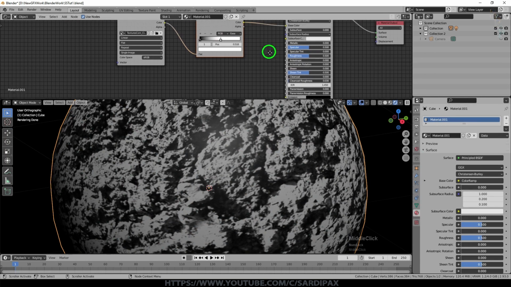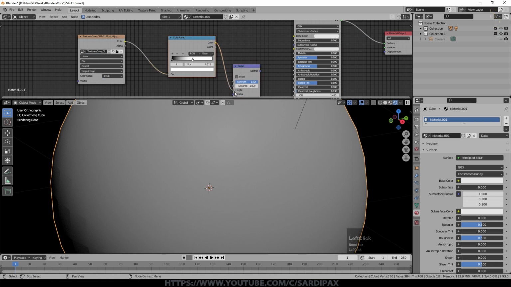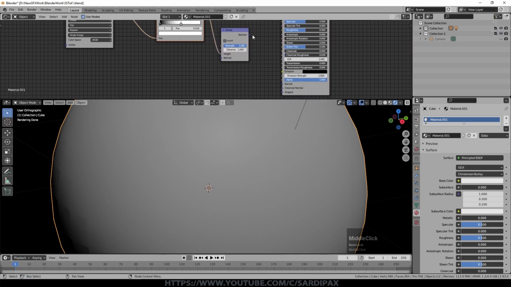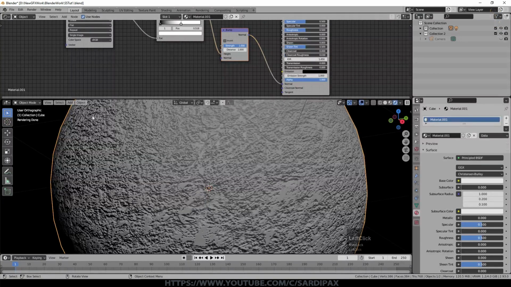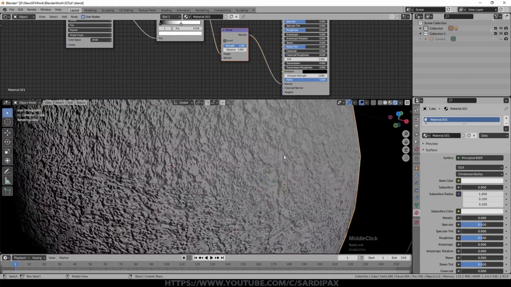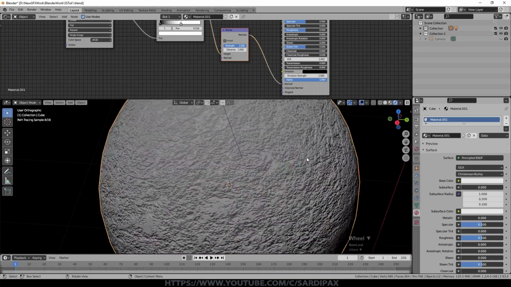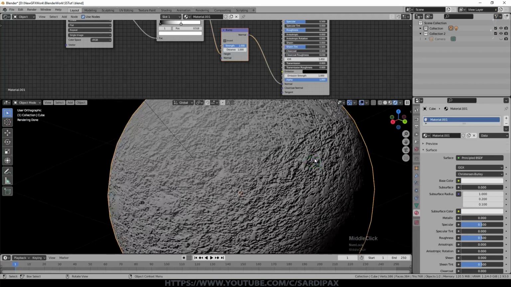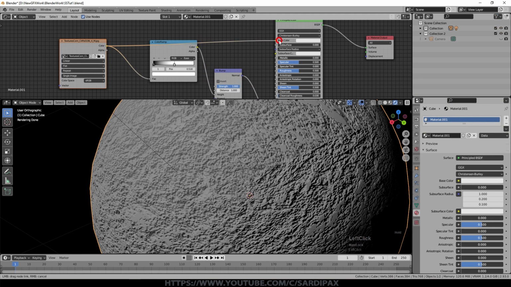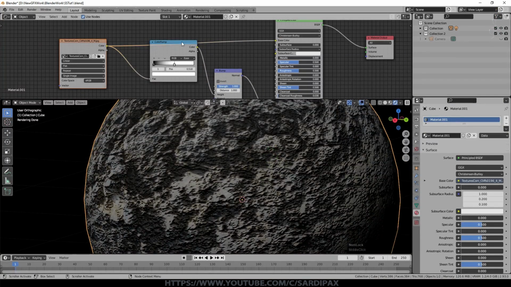So I'm going to take that out of there, and I'm going to add under vector a bump node. So we'll take the color into height on the bump node, and then take the output of the bump node into the normal input. And you can see we've now got a texture on here, and that's quite a fine texture. That's a render time effect. Obviously it's limited by the resolution of the image, and the image isn't that fine a resolution. So we can plug the color back into there, and there you go. So that's just a very quick way to achieve a result.